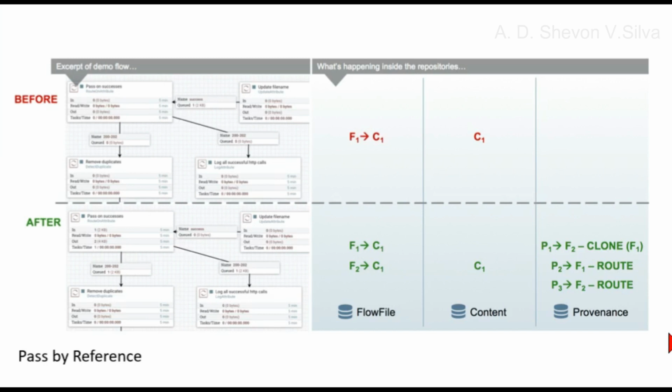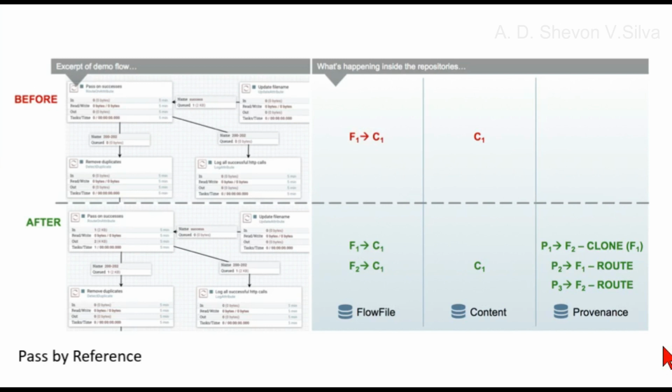In the web crawler flow here, the Invoke HTTP processor reaches out to the URL with an HTTP GET request and adds the status code attribute to the flow file depending on what the response was from the HTTP server. After updating the flow file's file name in the Update Attribute processor,